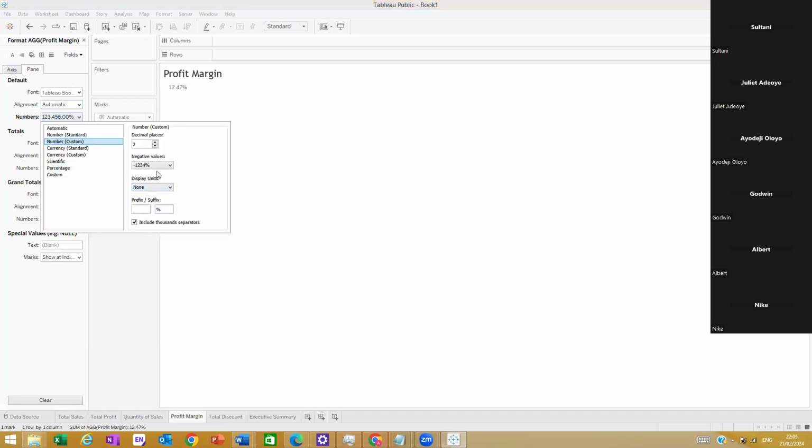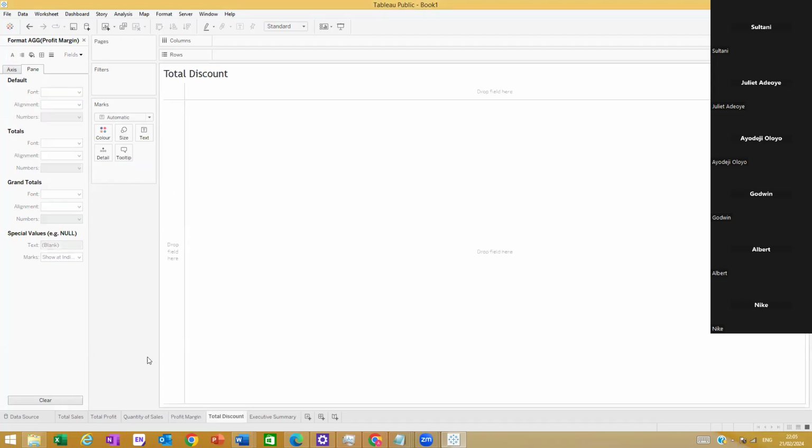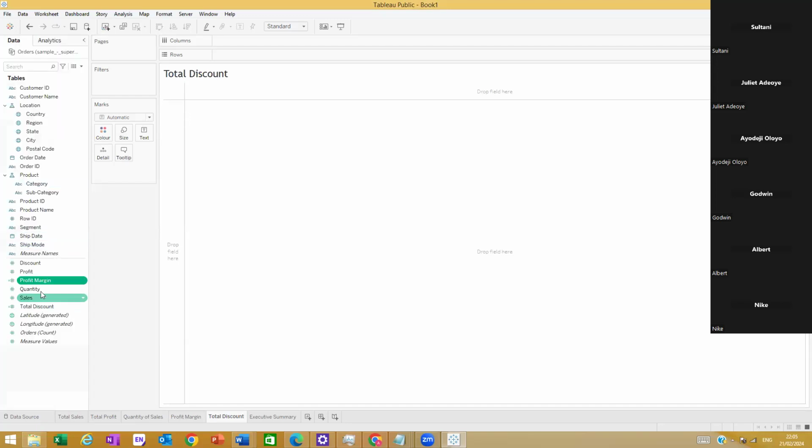At the end, I put the percentage as the suffix at the back, right? I left the decimal place for the profit margin as it is, that's fine. So for the total discount, right? That one I was